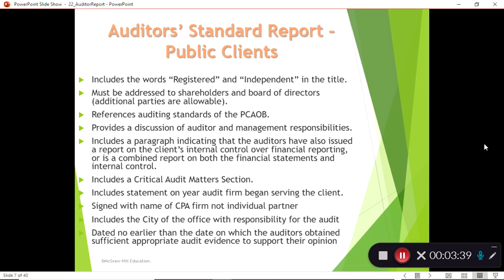So it is addressed to the shareholders of the board, right? That's essentially the users. Because remember, managers are that accountable party, and so who do they answer to? They answer to the board directly, and the board is essentially meant to be a representative of the shareholders. It will talk about the PCAOB in terms of executing the audit according to audit standards, which we'll see in a minute. And actually, let's just kind of work our way through here, and we'll see these characteristics played out